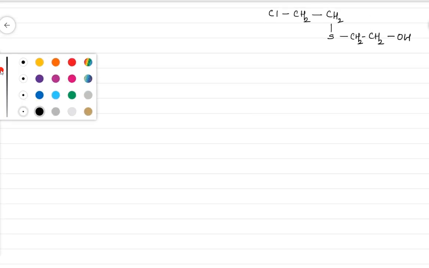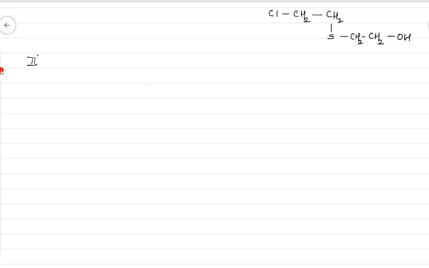Now let's come to the second aspect. The second aspect is the stereochemical aspect of the reaction. When we talk about stereochemical, it is the stereochemistry of the reaction, right? What type of product will be formed? Which one will be the major product? What is the stereochemistry of the reactant? What is the stereochemistry of the product? Mechanism remains the same. Formation of cyclic intermediate. So points remain the same.